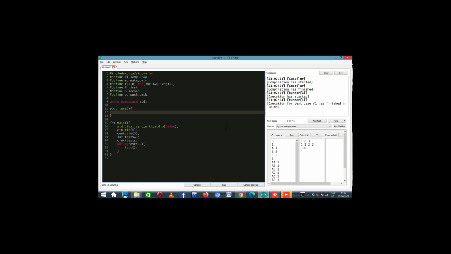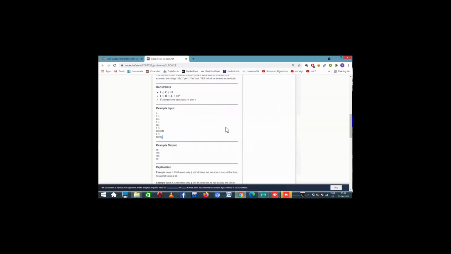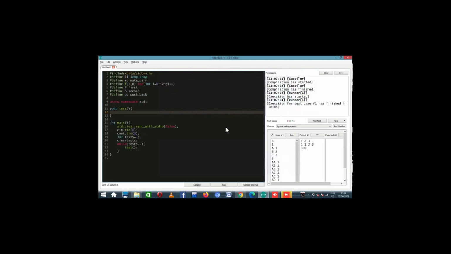So how exactly do we do that? Let us try to build the solution. So our first point is where we start with n and k. We will be given something like l, n and k, so we'll just opt for n and k. Next we will get a string.